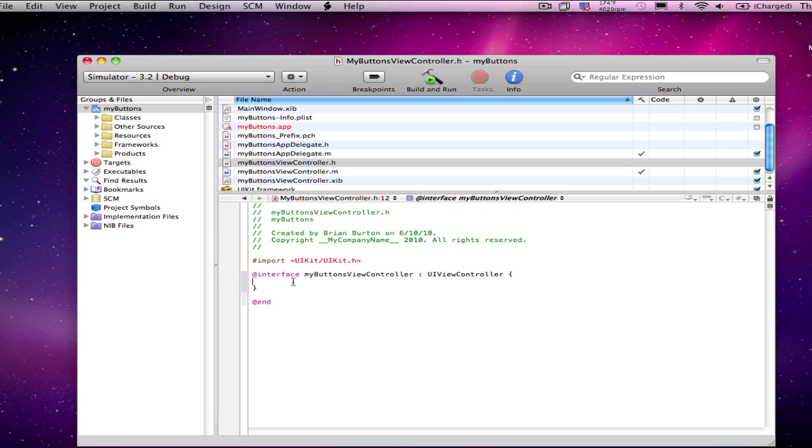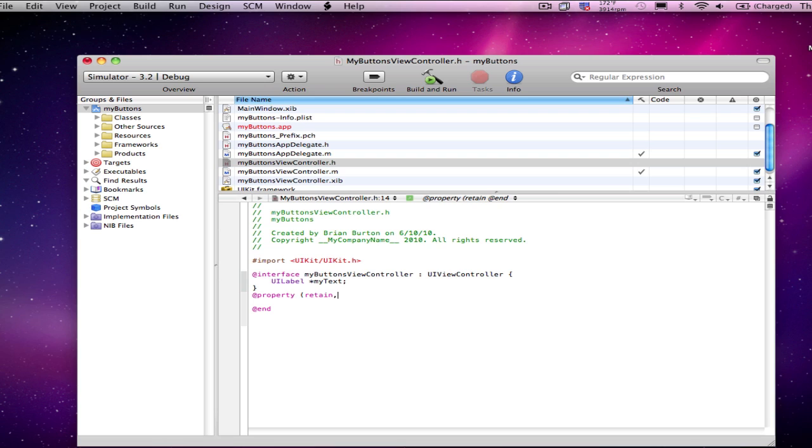So I'm going to go into my buttons viewcontroller.h file and tell it what I'm going to be creating. One of the first things I'm going to do is in my interface section, I'm going to have UILabel. You can see you do have an autocomplete on this, and create the variable to store my information in called myText. There we go. And the next thing I need to do is create a property for this myText. So I'm going to say @property